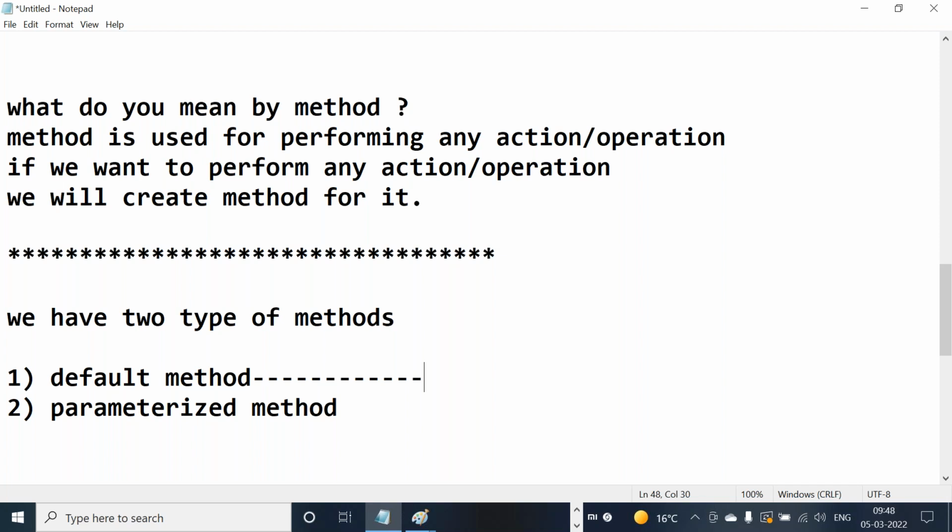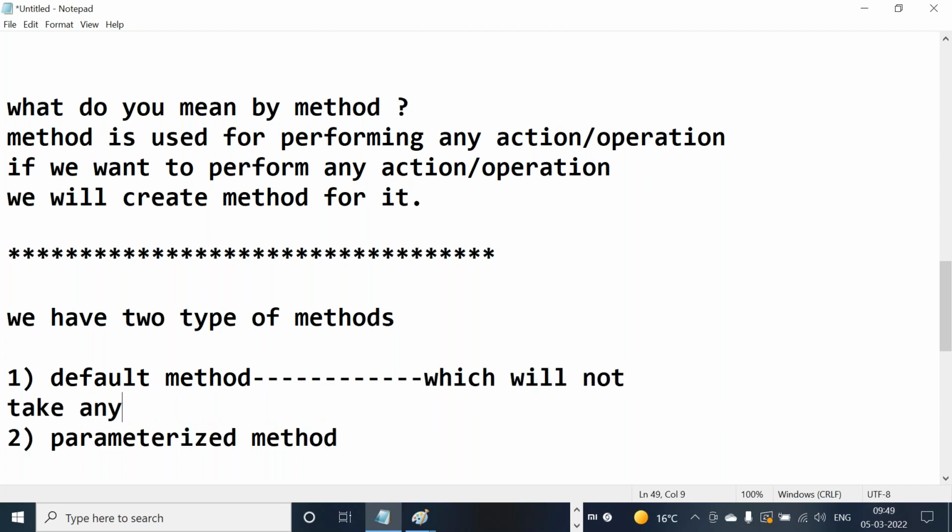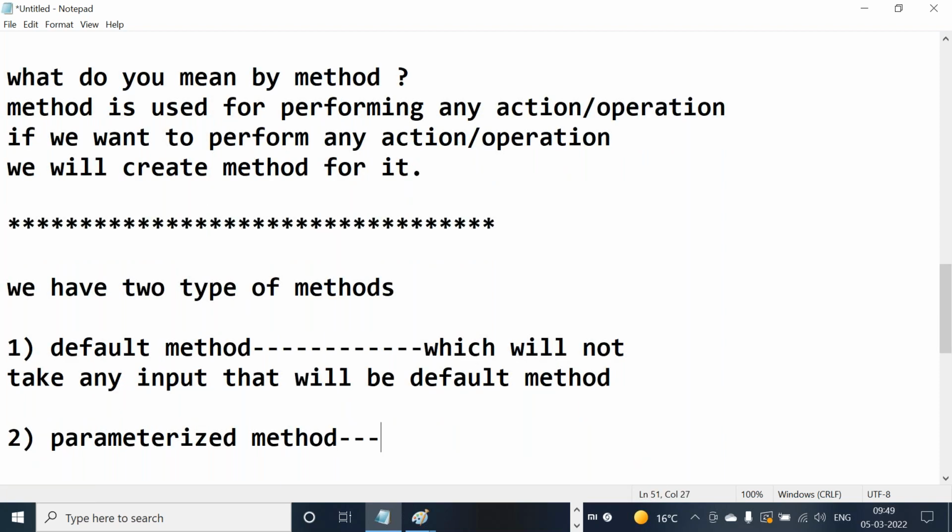What do you mean by default method? Which does not take any input. That will be a default method, right? Which will take input, that will be